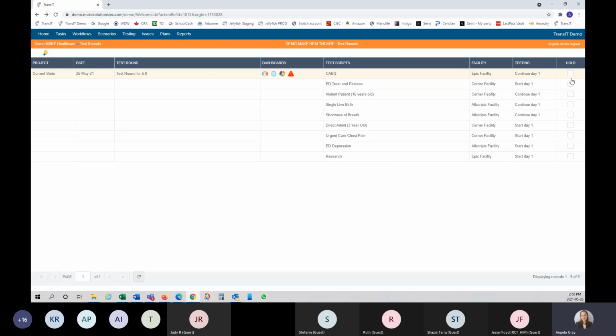If you wanted to put a scenario on hold, it would just be a matter of clicking this box, which then of course puts it on hold in the testing column. Whereas in 4.x, it's a link to put a scenario on hold. So just a change to the feature. And that's about it for the